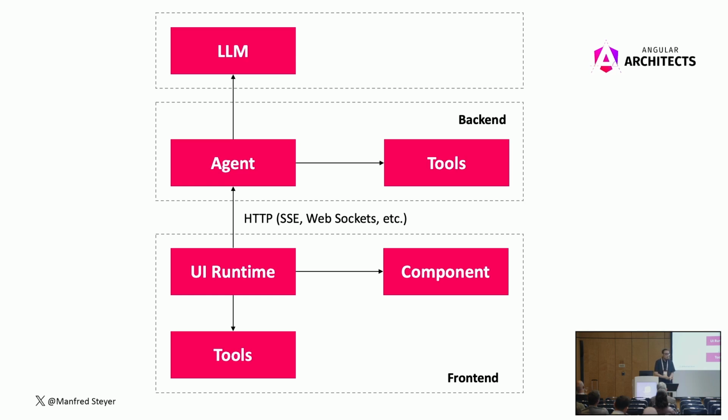And besides tools, we have components that can be seen as a special kind of tools, tools that are visual, that are displaying something. And also there we have metadata about everything. This metadata is sent upwards to the agent and so to the LLM. And that means the LLM can decide to invoke this client-side tool or to display this and that component with those and these parameters.